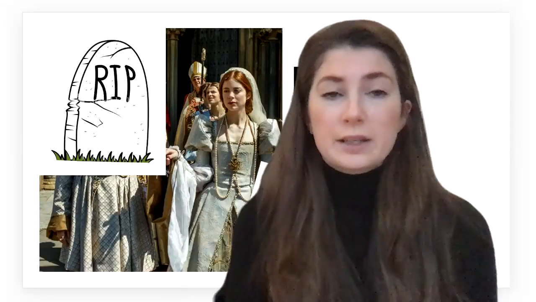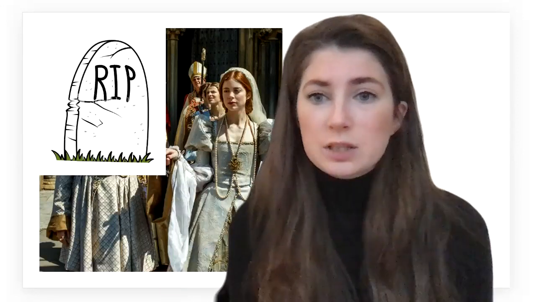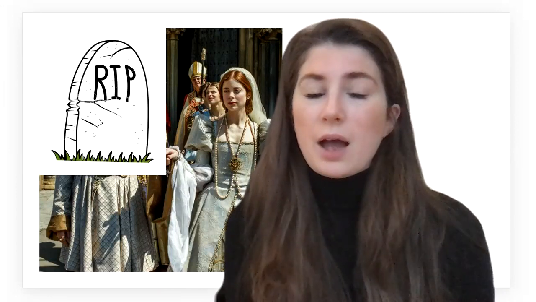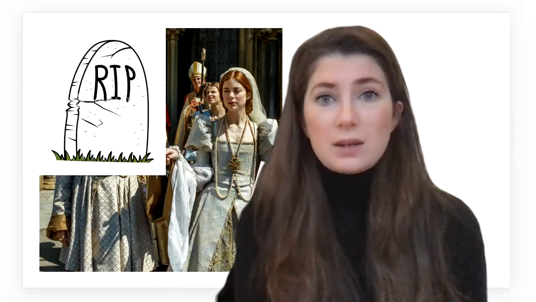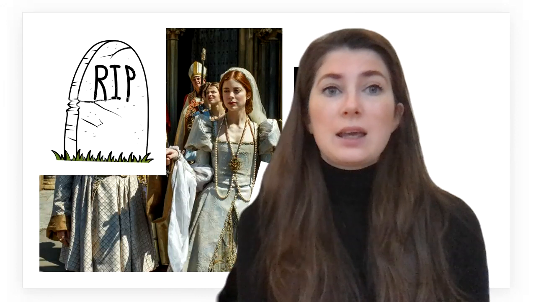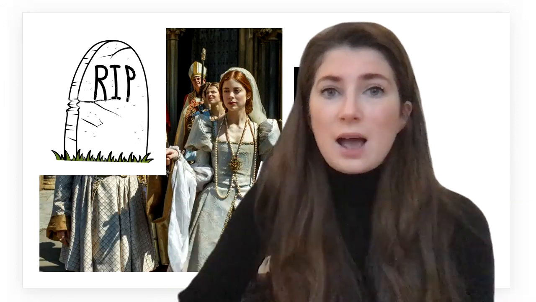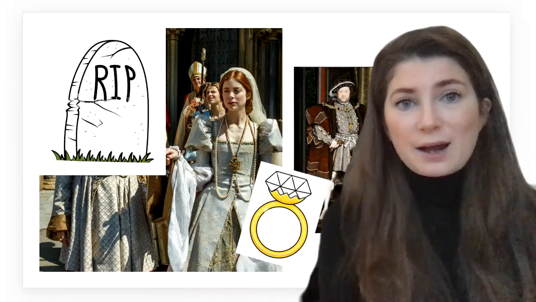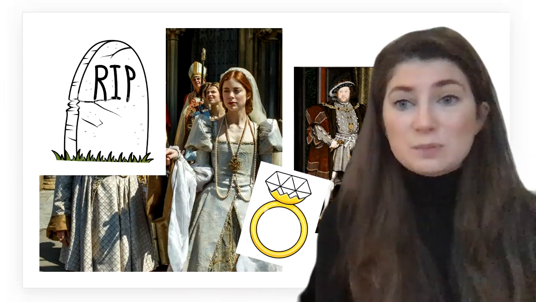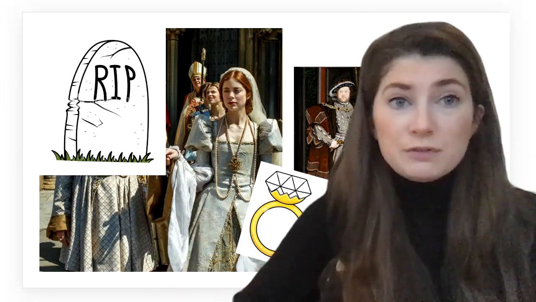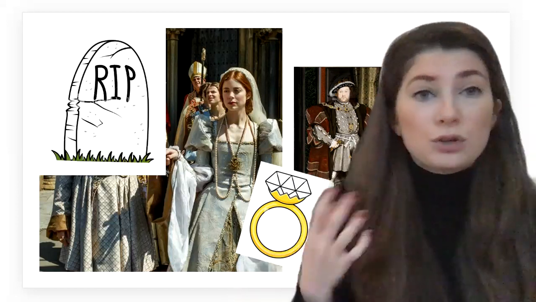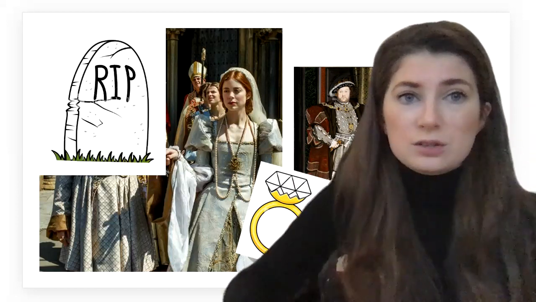However, Arthur died 7 years before Henry took the throne. So when Henry was 18 himself, he was suddenly the next in line to the throne. Not only that, but suddenly he had a situation where the Spanish alliance had fallen apart. And so after some careful negotiation, Henry married Catherine himself, and the Spanish alliance was saved, and England had a new, very young king with his new Spanish bride.